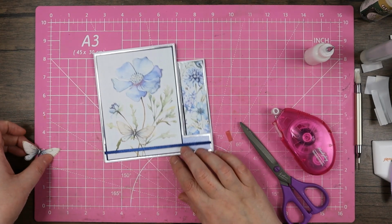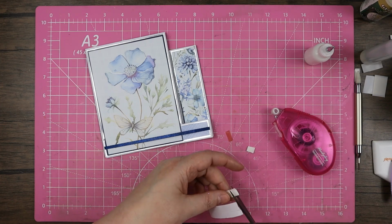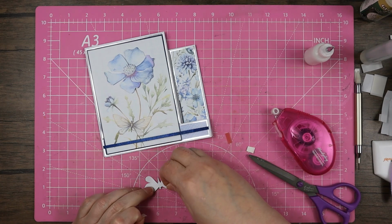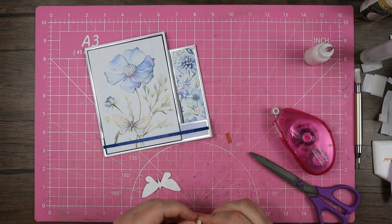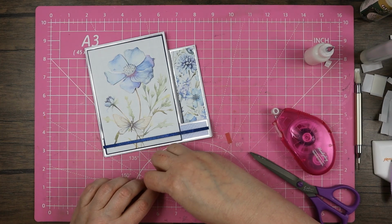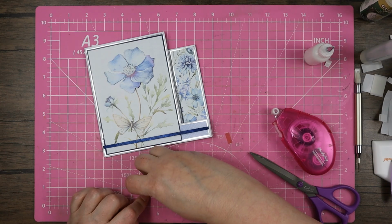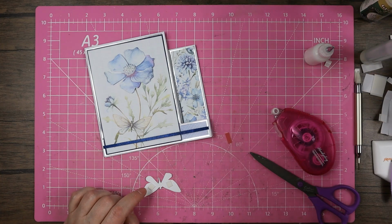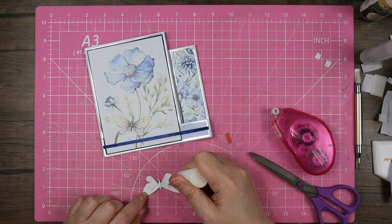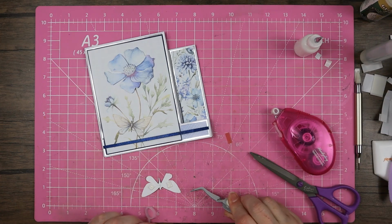There we go. And then for this one, what I'm going to do is just pop 1, 2. I'm going to pop them on the wings, like so. And I'm going to pop some glue on his abdomen. And I'm going to grab my...